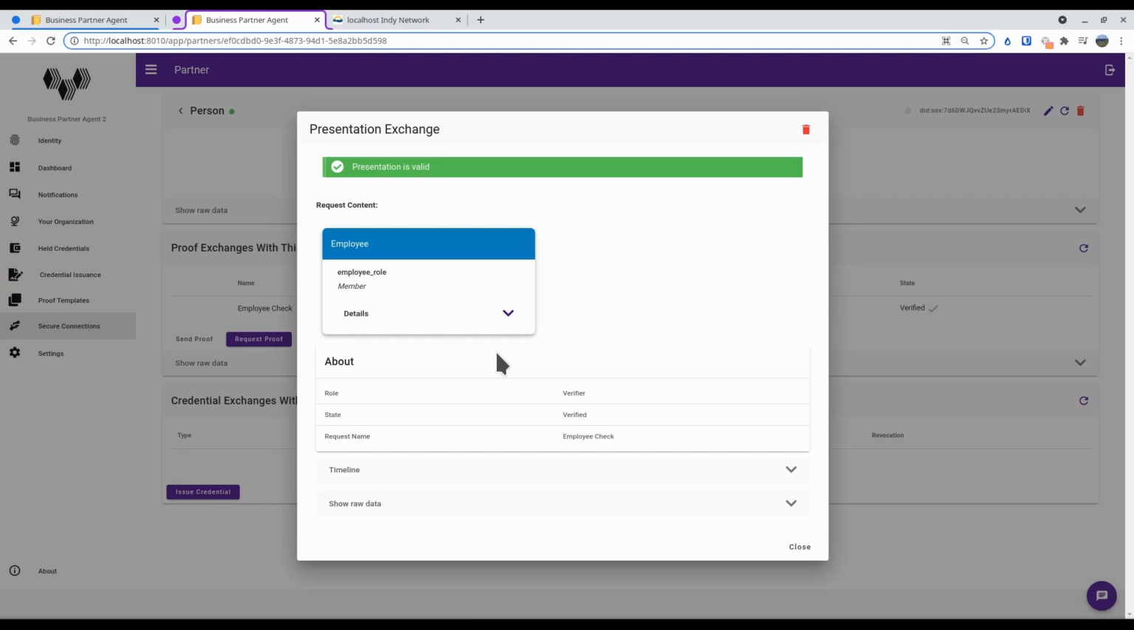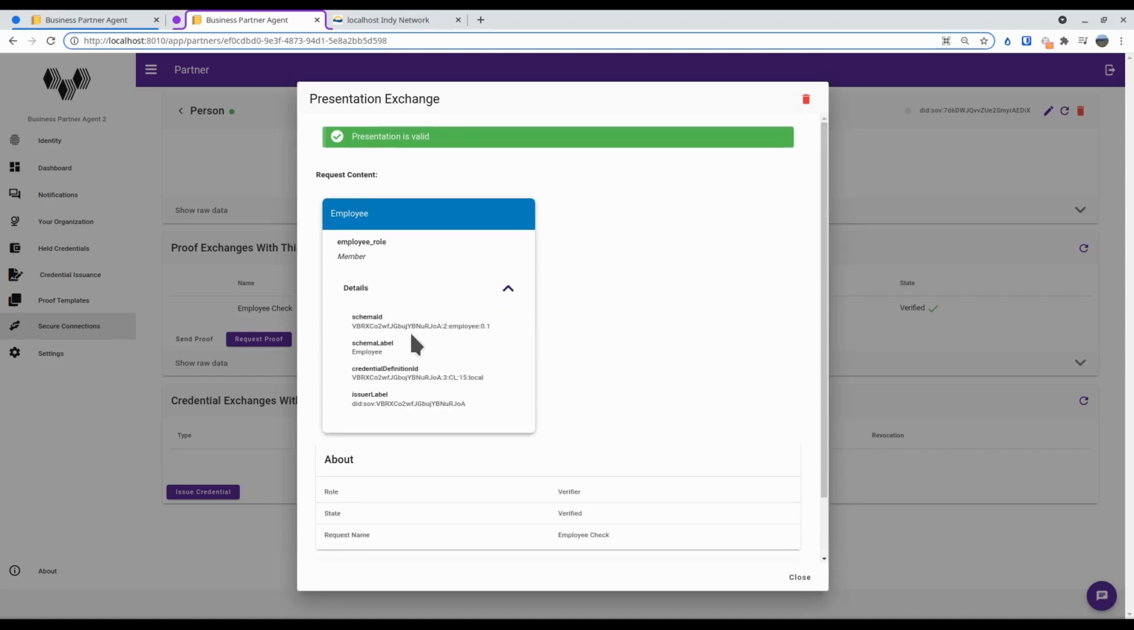The presentation is valid, which means that it has not been tampered with in any way. The cryptography around that is based on the Hyperledger Indy and Hyperledger Aries protocols. And we can see that this employee credential had an employee role field, and the value that the connection provided was member. We can see exactly who issued the schema, the credential definition it was issued with,